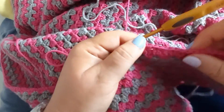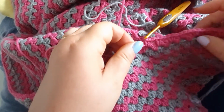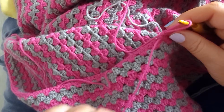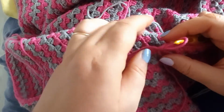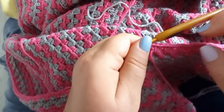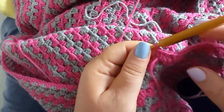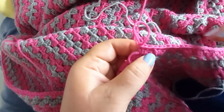So I've done this pink yarn back quite a few groups now. So I'm going to actually break that. I don't have scissors here, so I'm just going to put it down to the front and then cut it later. So when I cut it, I just cut it fairly well, actually, I'm going to leave it for now. I'm not going to cut it yet, because when I come back on the next row, which will be a